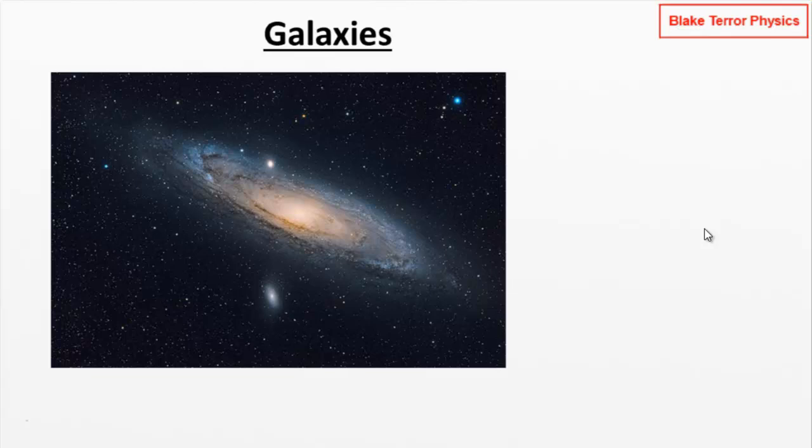And since the first one of these galaxies was identified, which is relatively recently, a little over 100 years ago, we have identified and predicted the existence of 200 billion to maybe even 2000 billion galaxies in the observable universe. So that is an enormous number of galaxies, and they range massively in size, structure, what they look like and such like. So there's quite a few bits that we need to unpick in all of this. So let's get some of the key terminology and descriptions down for galaxies.